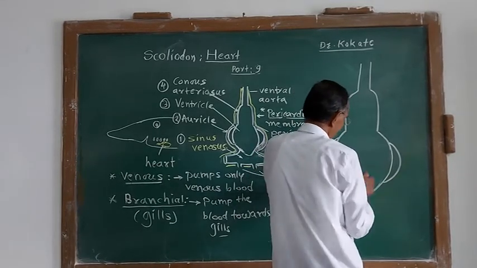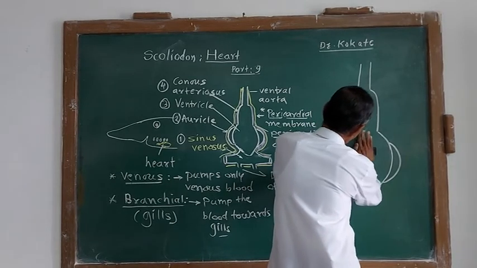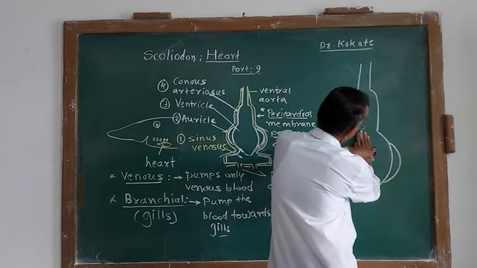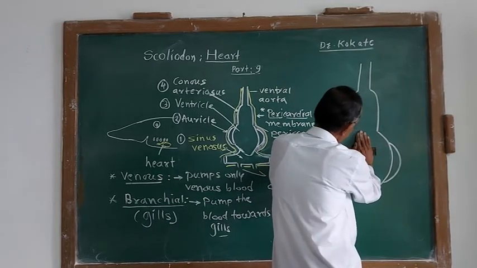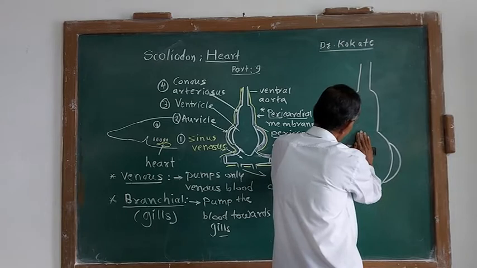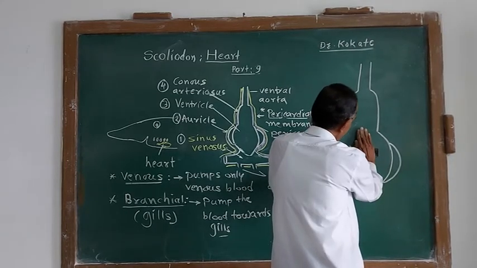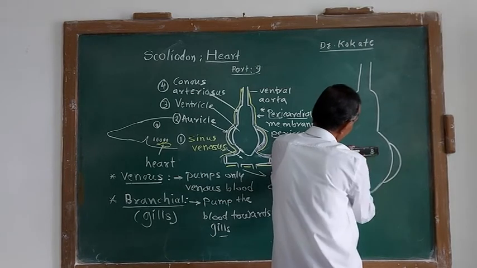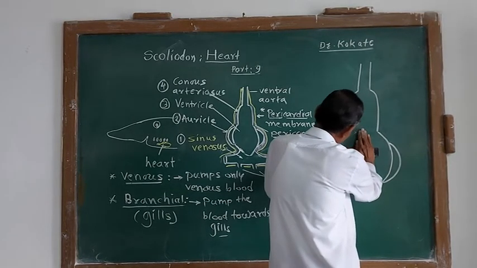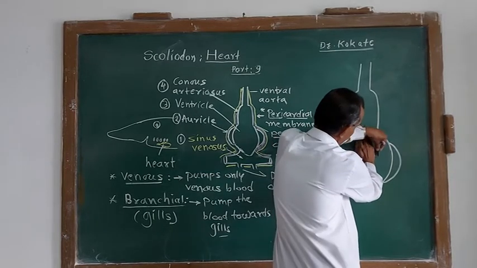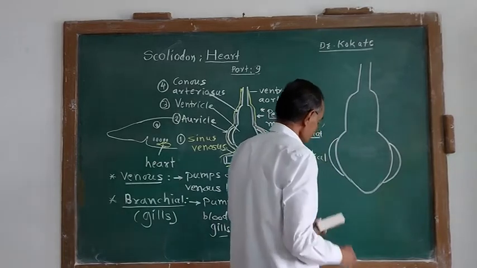But as it is behind this, suppose this is the ventricle, the ventricle is seen from this side as well as from this side. Isn't it? The auricle is seen from this side and from this side, but it is a single chamber. This is the ventricle, this is the auricle. The auricle is single, and the ventricle is also single, but some part of it is seen from this side and some part from this side. Thus the auricle is also single.